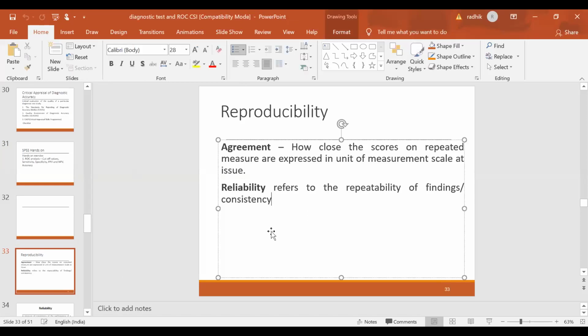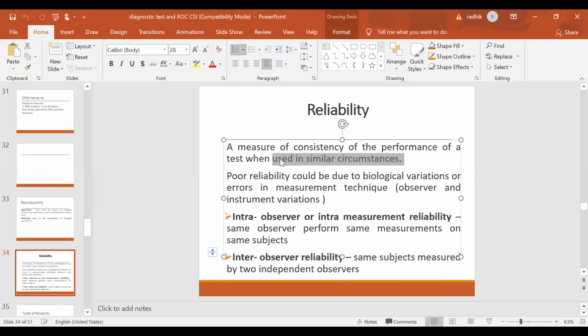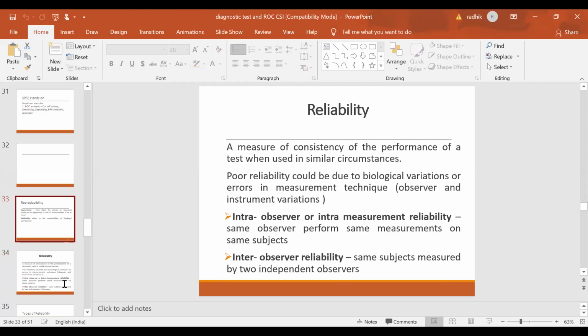Whereas reliability refers to the repeatability of the findings, or consistency. Reliability is a measure of consistency of performance of the test when used under similar circumstances.